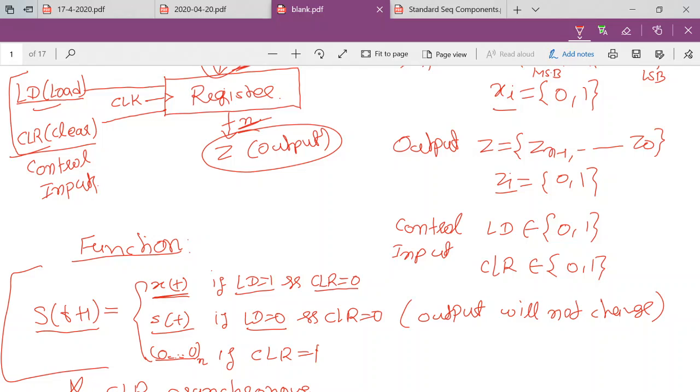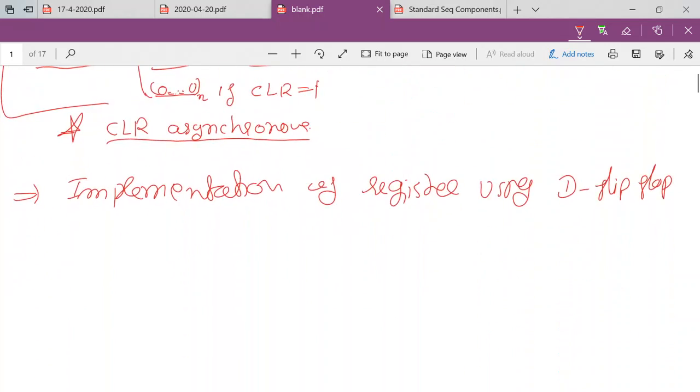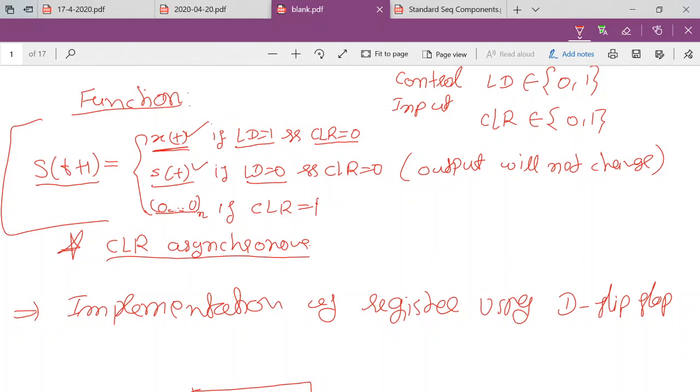I think now it should come to your mind which combinational module we should use if we have to select one input from n inputs, from multiple inputs at the output side. Probably now you have figured out that we are going to use the mux, the multiplexer, right? The task of the multiplexer is that it selects one of the inputs according to the selection lines at the output side.